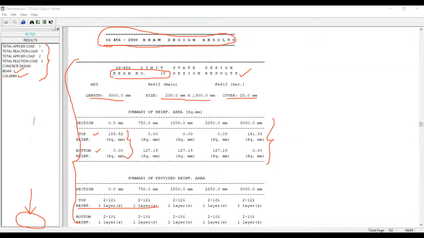So the top reinforcement is, if I draw the section over here like this, the top reinforcement is over here. You can provide the steel over here like this, and the bottom reinforcement is like this. See, the top reinforcement is given, that is 180. You can see over here